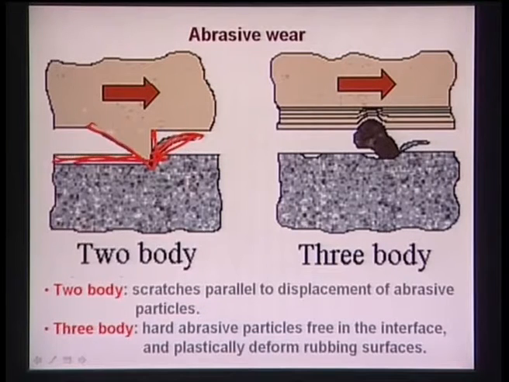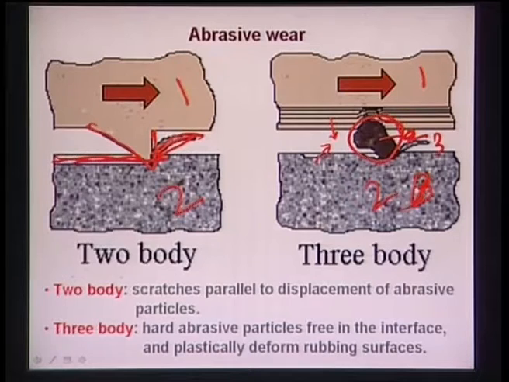This is called 2-body abrasion. 2-body abrasion means this is body number 1, this is body number 2. Now, what is called 3-body abrasion? You have body number 1, body number 2, and body number 3. What happens in some abrasive wear is that wear particles are generated. Whenever the material undergoes extensive damage, some part of the material, either from body 1 or from body 2, forms wear fragments, like removed material.